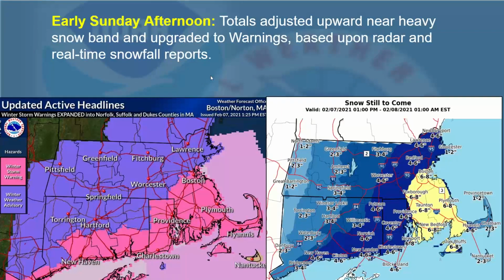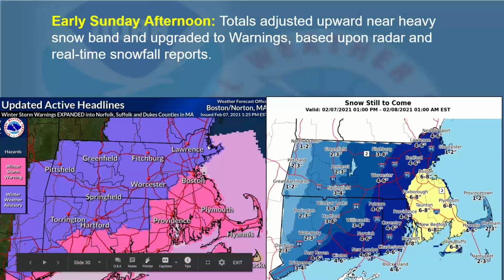So early Sunday afternoon, as things were coming into focus, really clearly based on radar primarily, but also based on spotter reports that many of you provide us, the forecast was updated around midday, and you can see the last forecast here on the right. This was additional snow from 1 p.m. onward, so it doesn't include the whole scope of the event. But the focus was in Rhode Island, eastern Massachusetts, and Norfolk County into Boston was upgraded into warnings, as well as northern Providence County in Rhode Island,